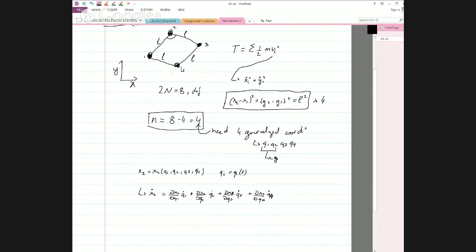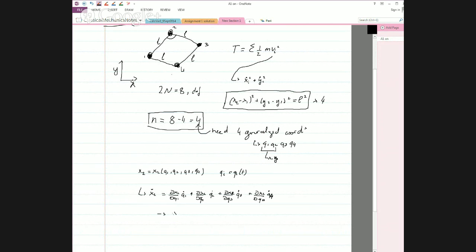Alright? So step 1, figure out what's a good choice of these q's. Step 2, write out all the coordinates of these guys in terms of the q's. Step 3, write out the time derivative of these coordinates with the chain rule. And then step 4, or whichever step I'm on now,